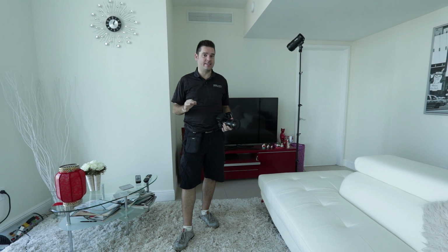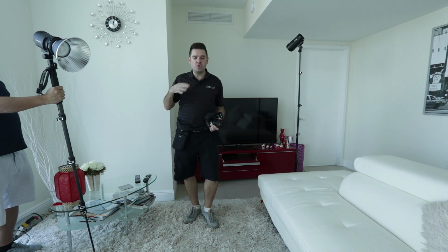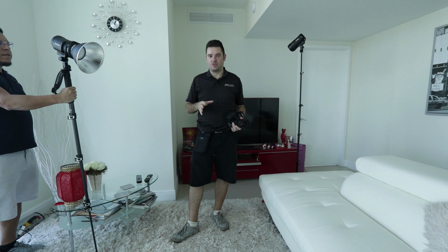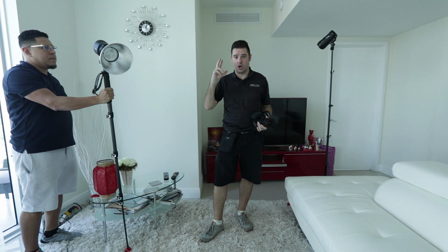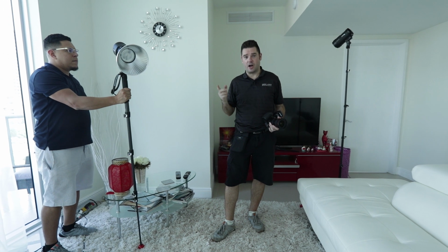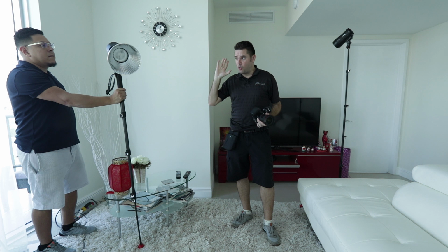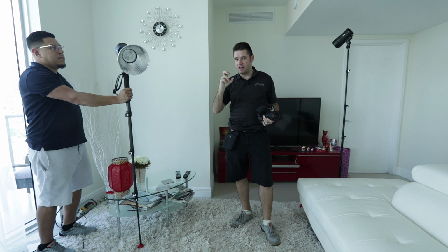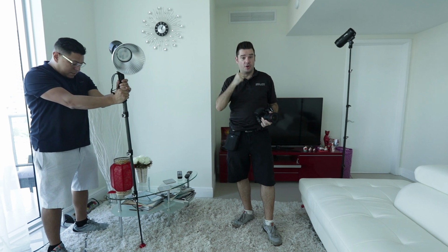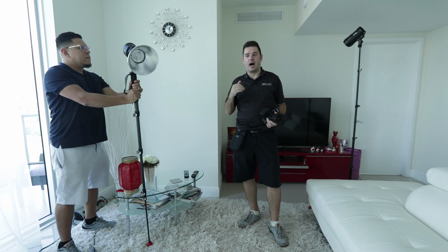And the second that I did that and added just a little bit more of a harder light source, it's so much more than just the shadow values of the two lights. To be honest with you, there wasn't really a big difference between the hardness of the two different modifiers. The biggest difference is in the light distribution. So for instance, the one with the Magnum, there's a very defined spotlight kind of effect to it when you're in close, and then the fall off of the light was in a way that I usually have to